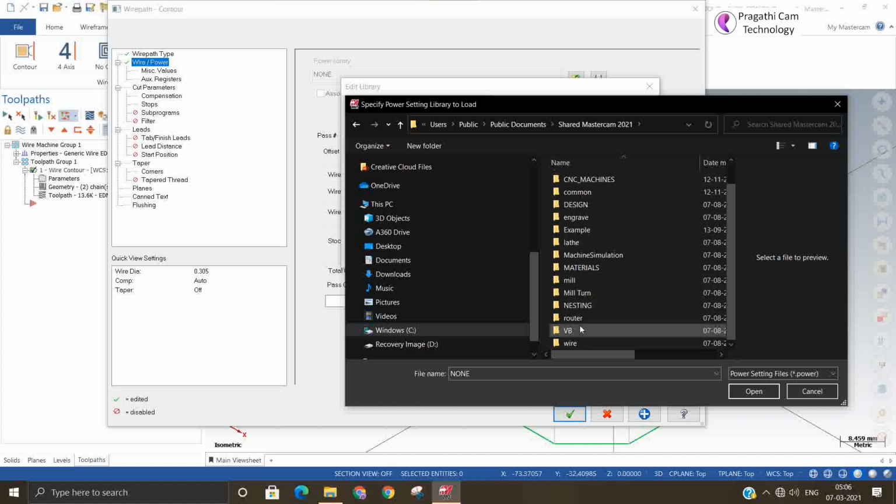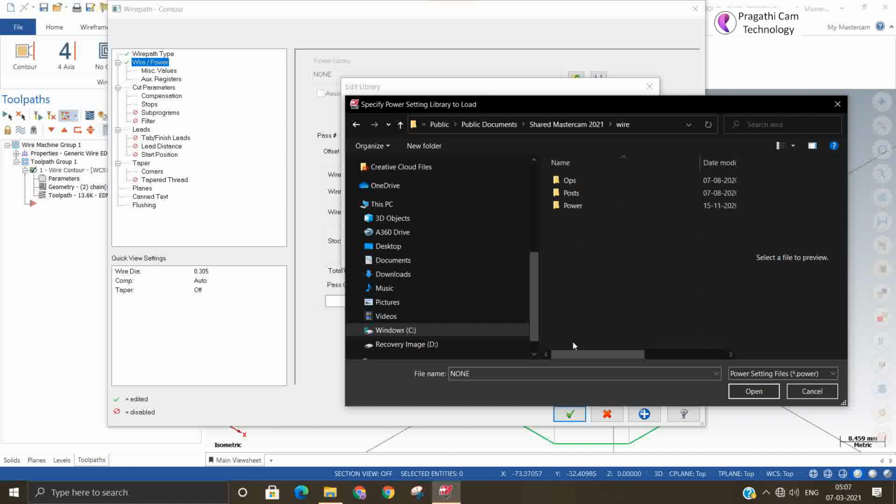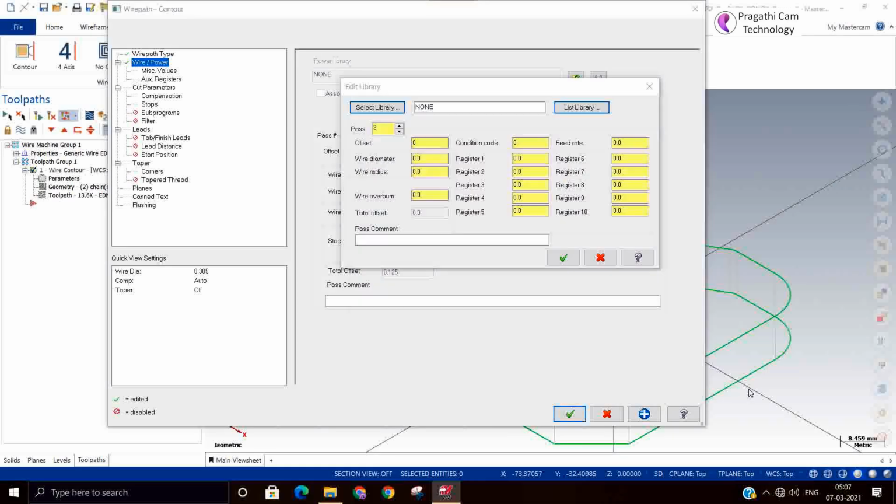Now you see wire and here power library. And from here you can select an available power library. Actually, this library has to be updated to the current version, but I don't know whether it is updated or not. So okay, I will select one power library. Let me see. Okay, it is already made and given.